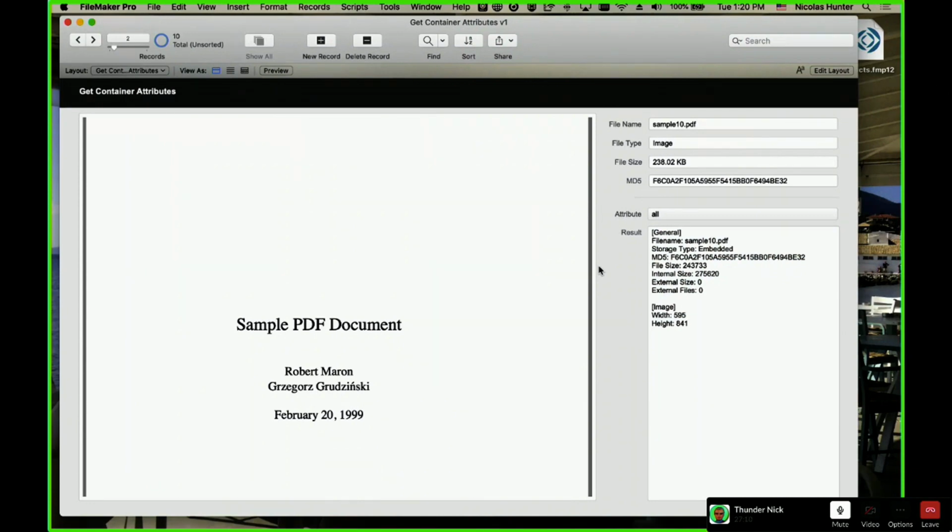That's the reason why: FileMaker doesn't want to pay the royalties to Adobe. Since they don't want to pay the royalties, there's absolutely no information whatsoever about PDF, just the minimum available for free usage. That means the width and the height. That's it, and it's an image. That's all FileMaker will tell you. But this is an image.